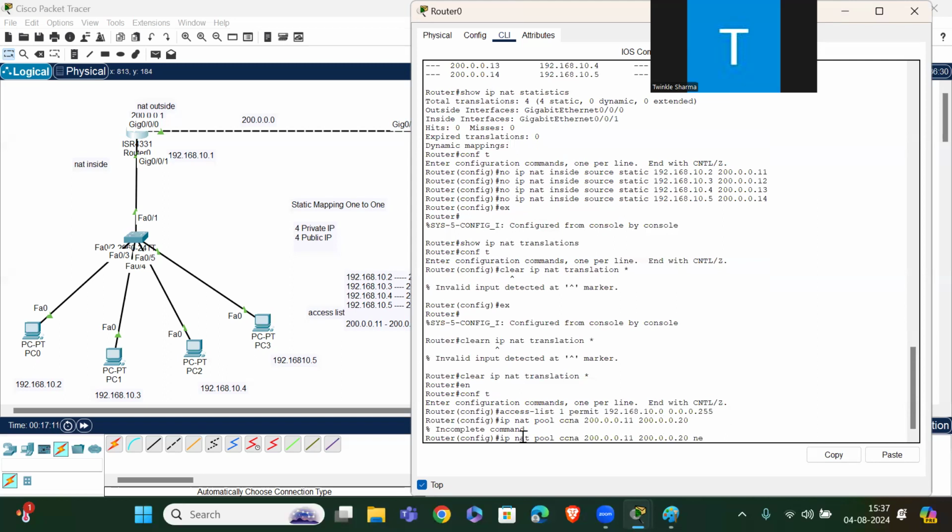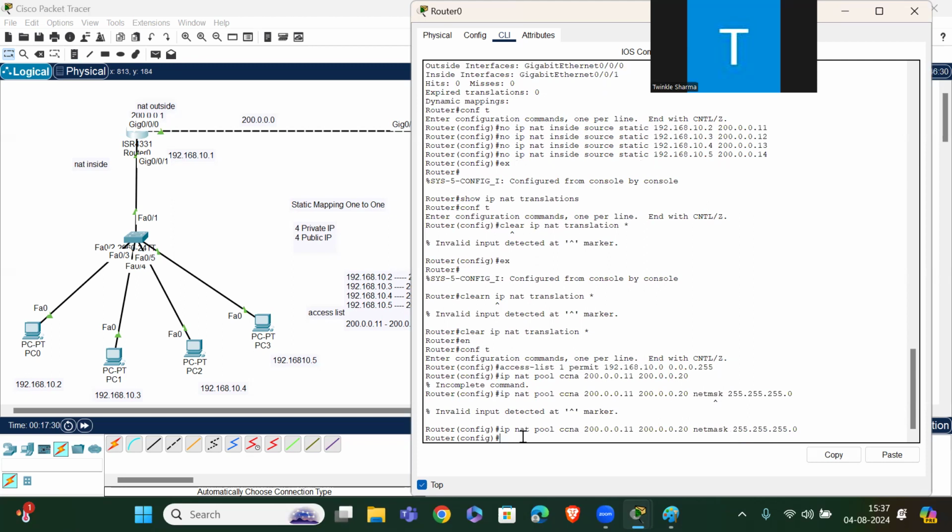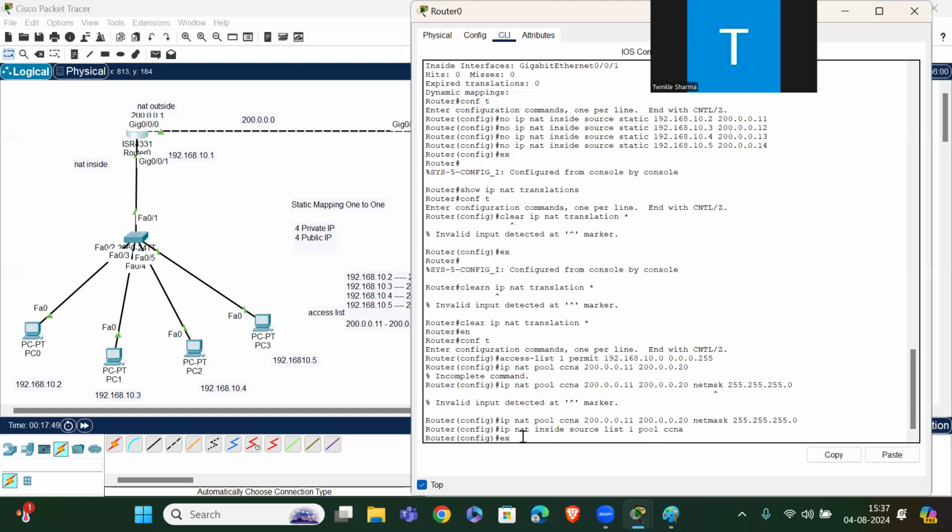Then netmask 255.255.255.0. Okay. Done. Then I will do ip nat inside source list 1 pool CCNA. Done. Exit.